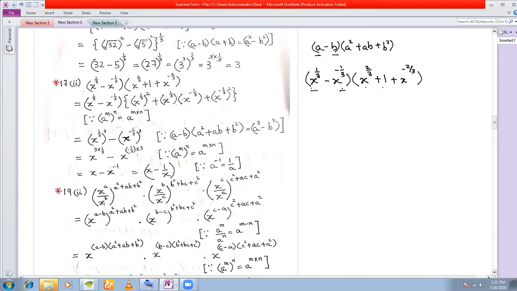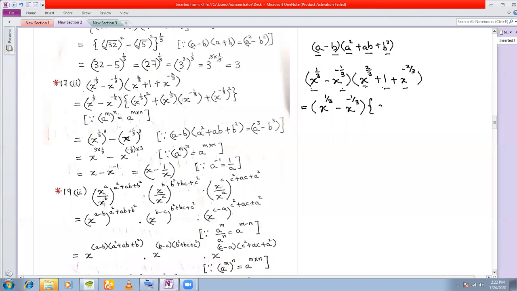So you have this and this, and you have a square. This you have ab, which may be this. Maybe this, right? Just looks like this. So let me see whether it actually is this form or not. What I do is I write this as x to the power of 1/3 minus x to the power of minus 1/3.